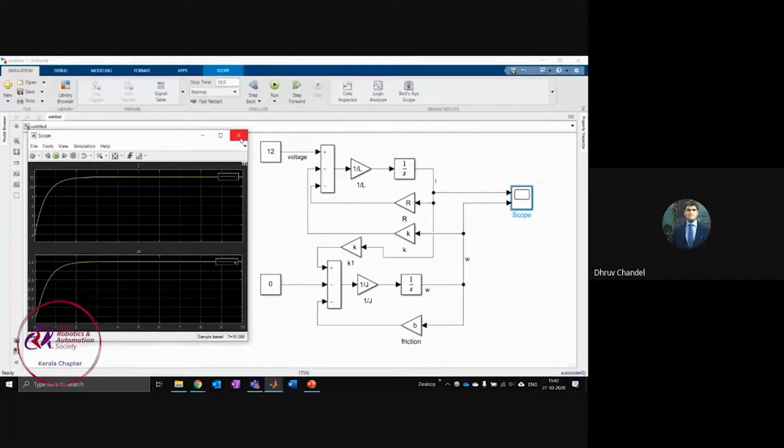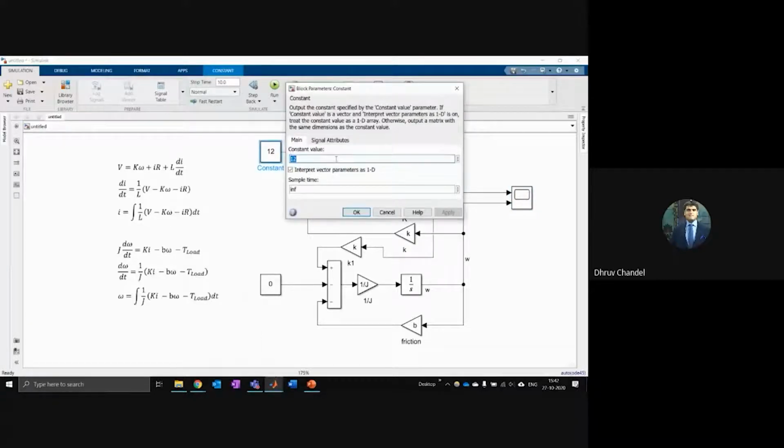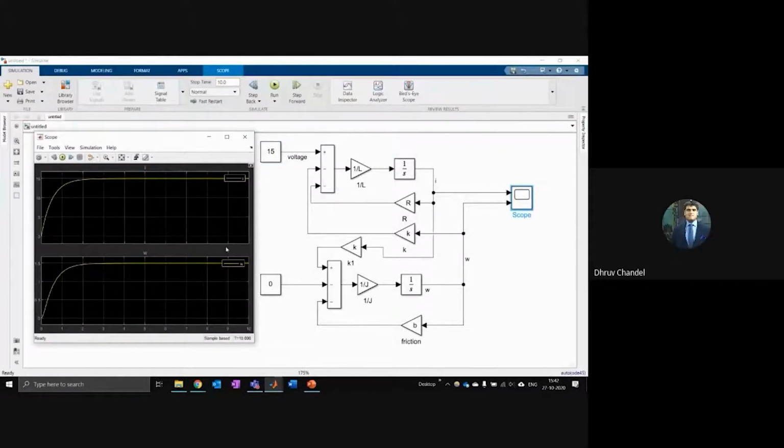value of additional torque. By the way, one thing is, suppose that I want my motor to spin at a constant speed, I can just adjust the value of voltage, right? So if I want this motor to spin at 1.5 radians per second, all I have to do is supply more voltage, and then I run my simulation, and it will start spinning at 1.5 because this is a direct ratio here. Or I can adjust the motor constant, or I can adjust the resistance, etc. I can change the parameters, I can see the response.